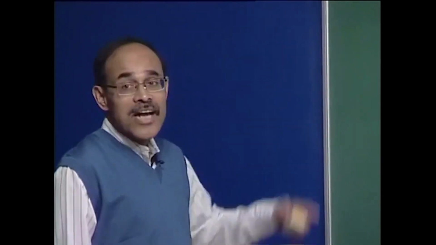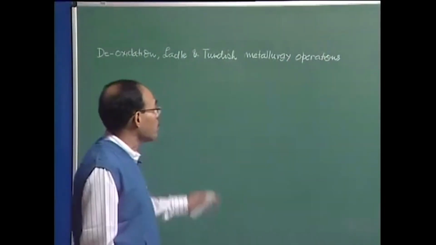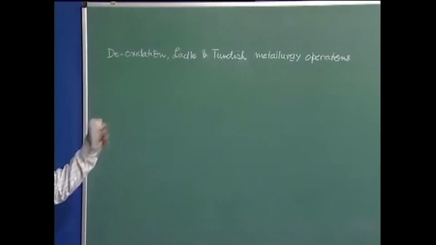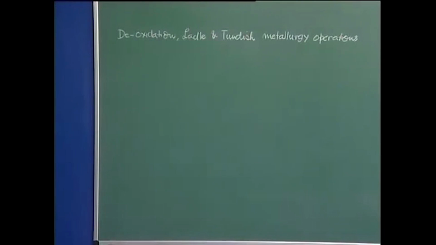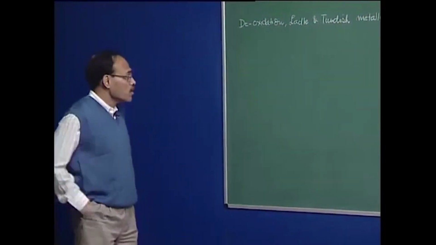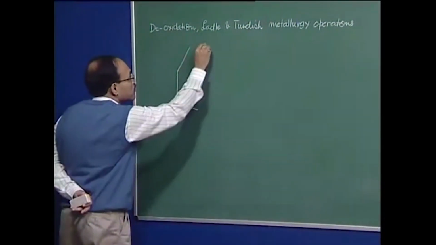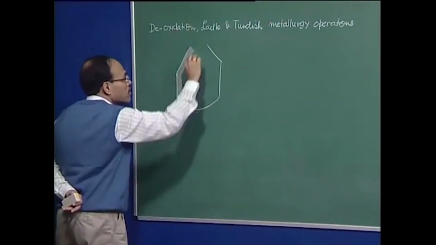Okay, we are going to start now talking about deoxidation, ladle and tundish metallurgy operations. However, before I start talking about these topics in detail, let us quickly go through the section of primary steel making, and then the relevance of secondary steel making, or the deoxidation, ladle and tundish metallurgy, will be clear to you. Now, for example, we have this BOF vessel, which is a refractory lined vessel